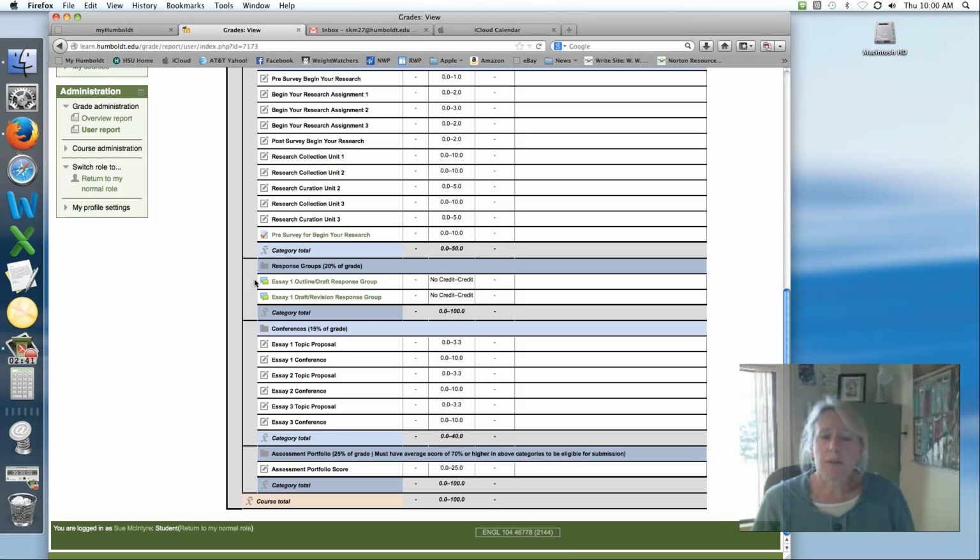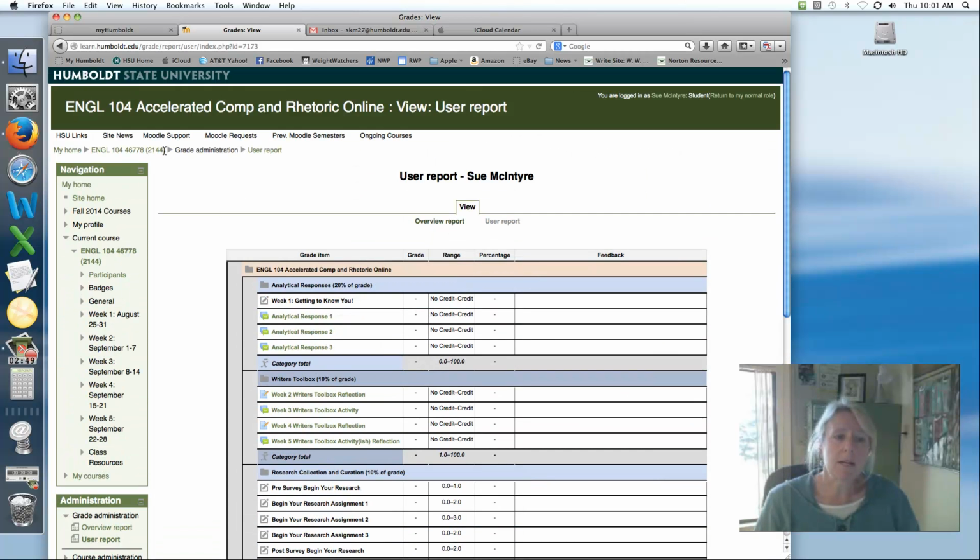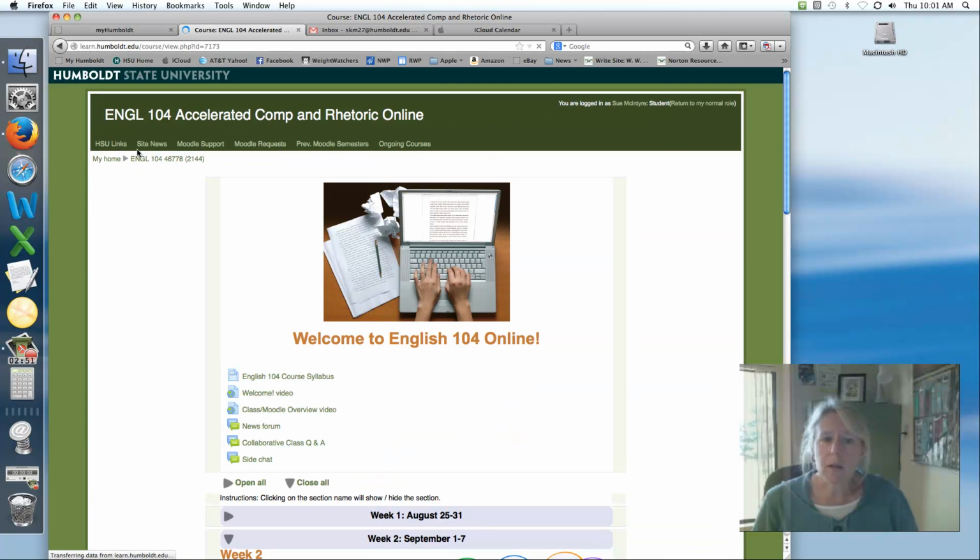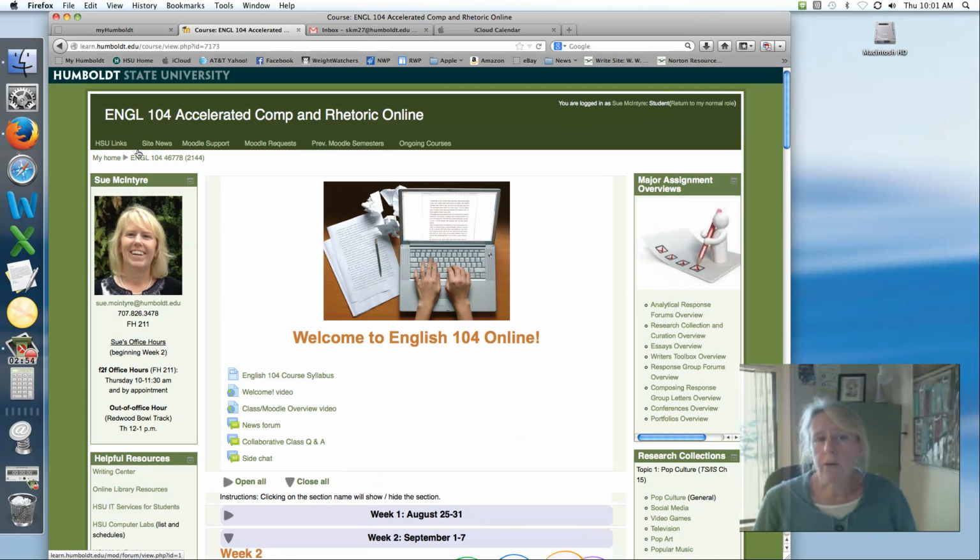The other things in here will be populated further, outlines and proposals for assignments, but it's important for you to keep updating or taking a look at your gradebook regularly. Let me know if I make an error or if I've overlooked an assignment. I'm not without the ability to make mistakes myself. So please do alert me if you notice that I've missed something or overlooked some work that you did.